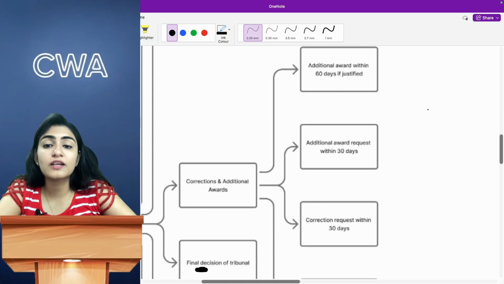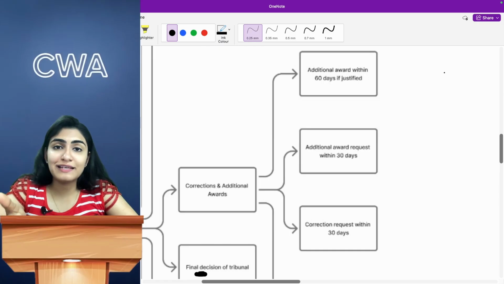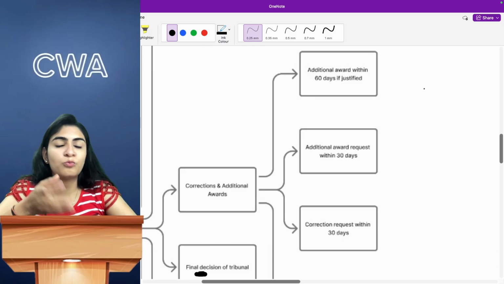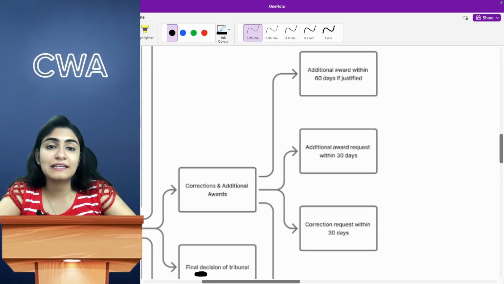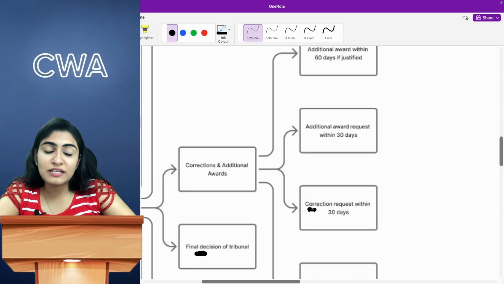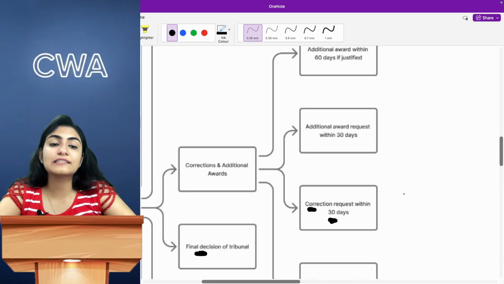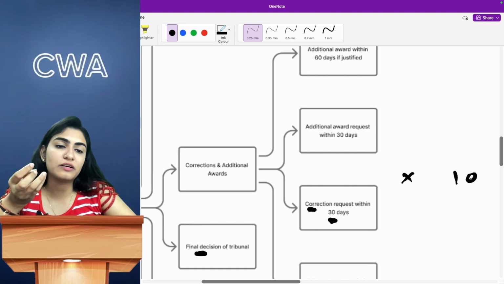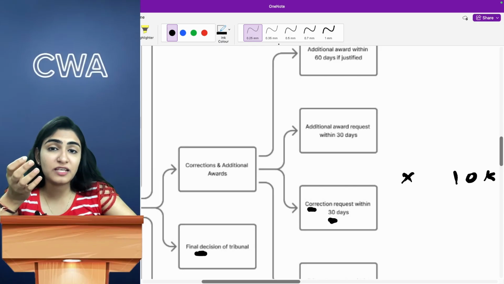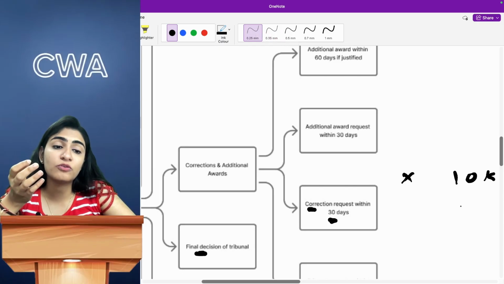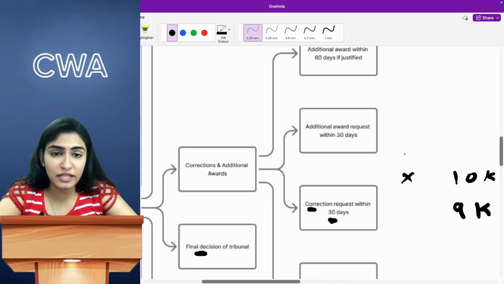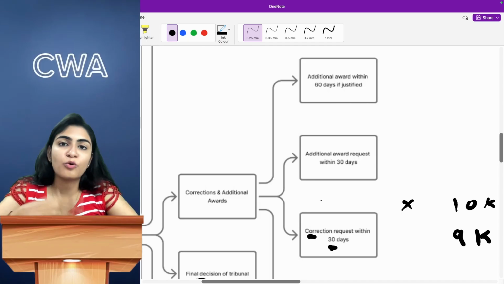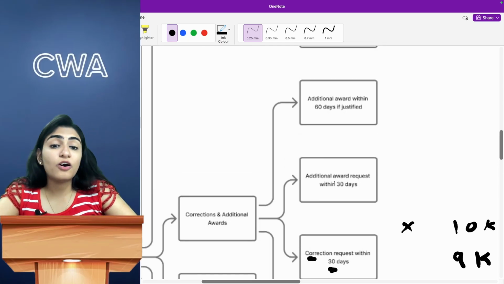Now, ma'am, the award is granted, but if at any point any party feels that we are not okay with the award, we don't agree with the award, in that case a correction can be requested within 30 days. Let's say the award says that Mr. X is supposed to pay 10K, however Mr. X feels that he should be paying only 9K. So he can ask for correction within 30 days of the arbitration award being announced,